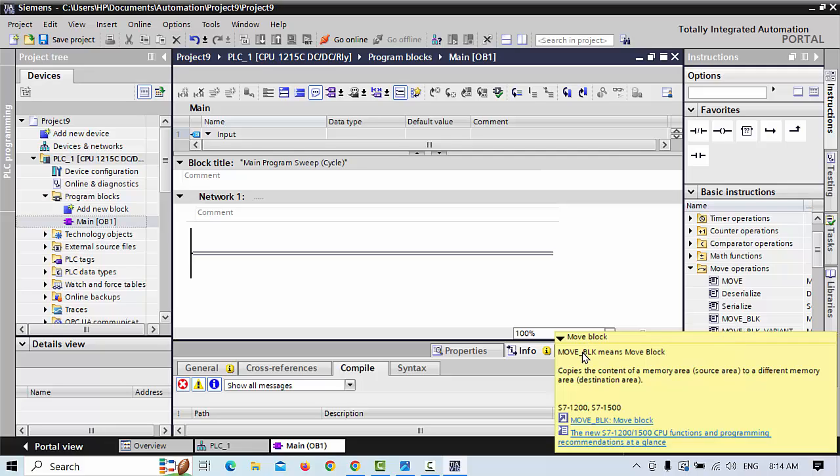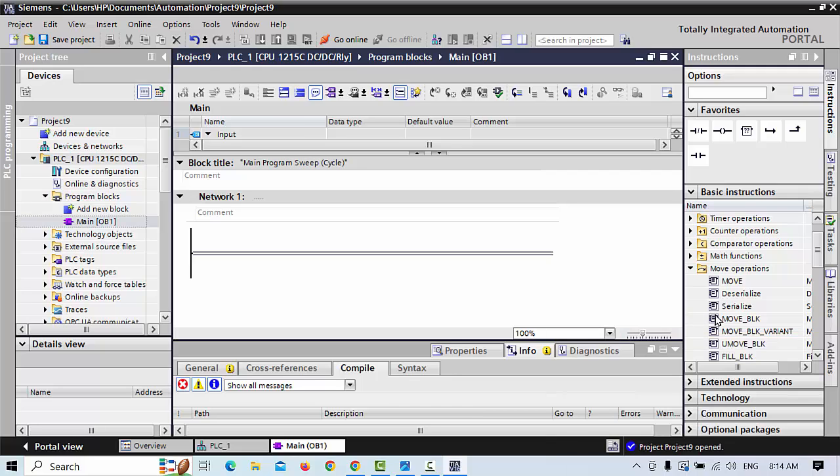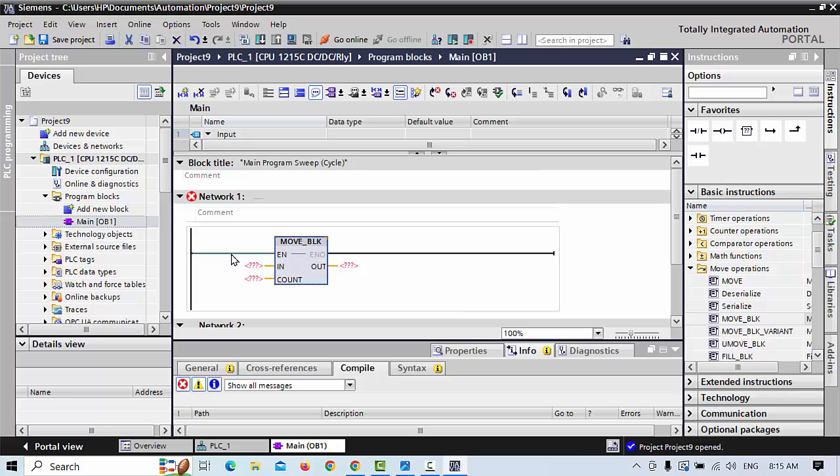What does the move block instruction say? MOVE_BLK, means move block, copies the content of a memory area, the source area, to a different memory area, the destination area. When you use this block, I double click it and use it